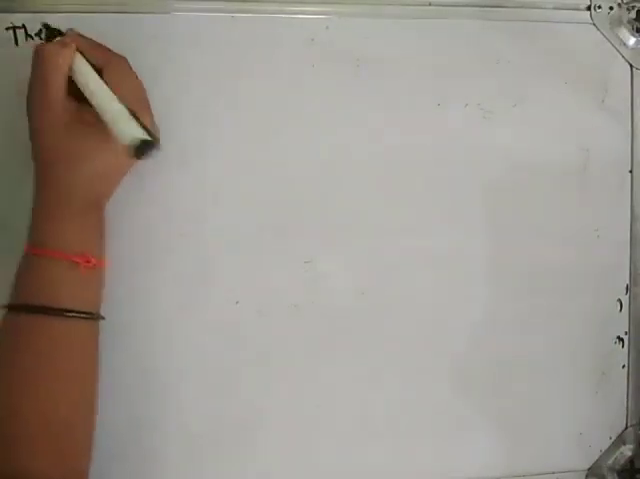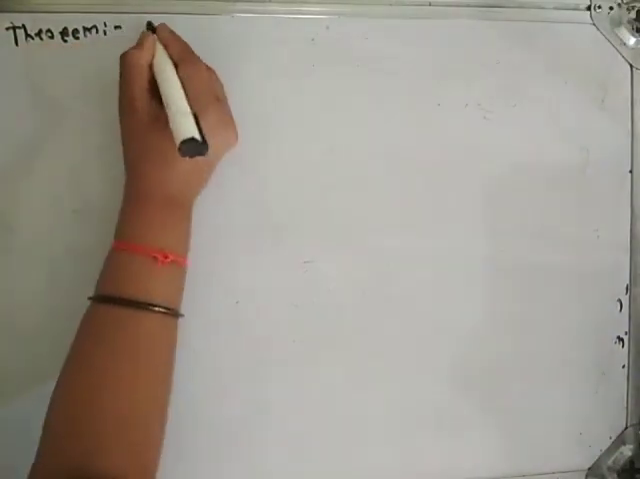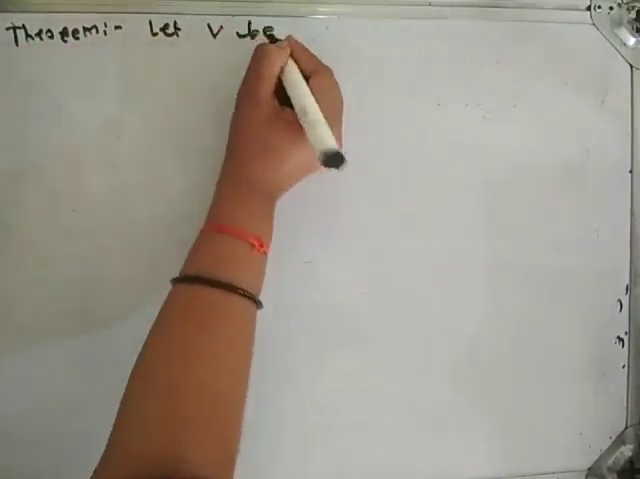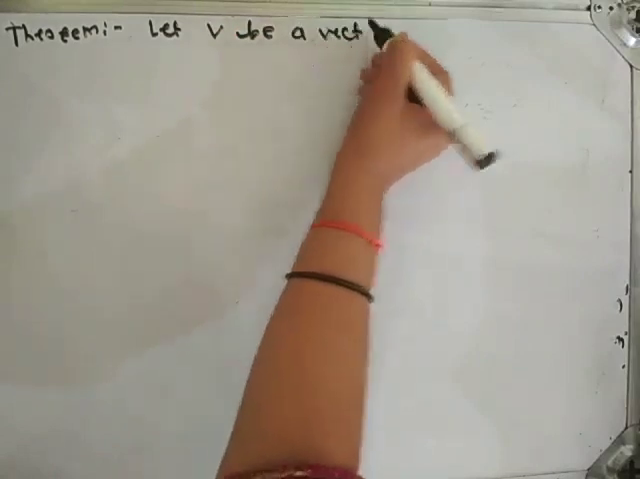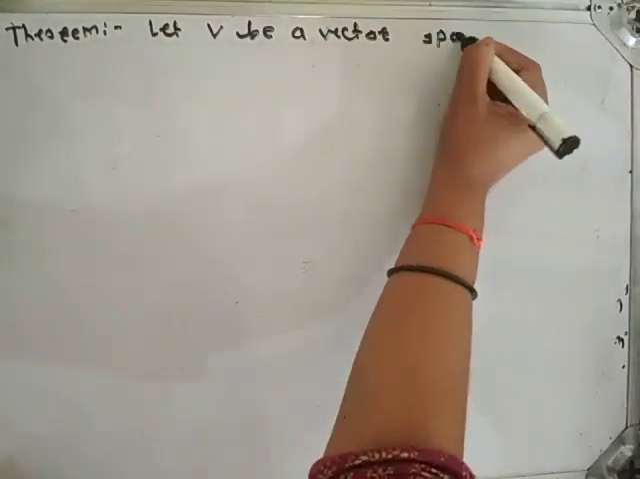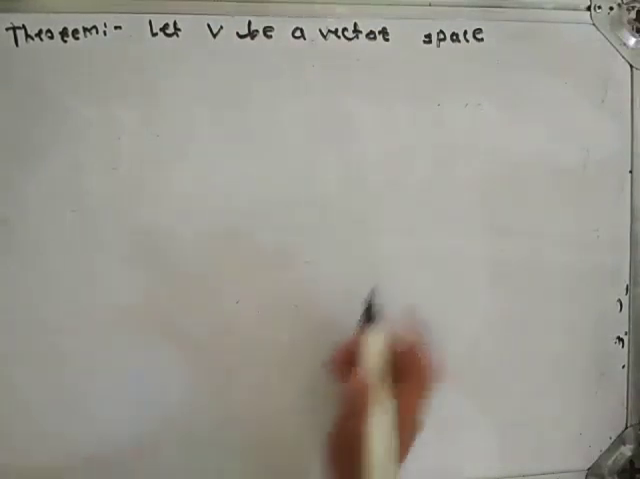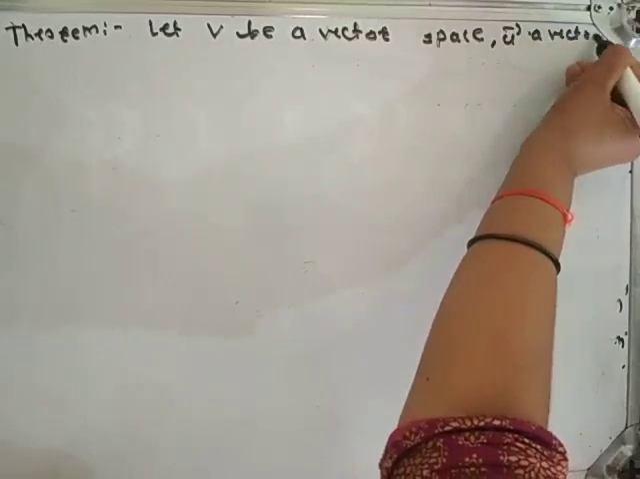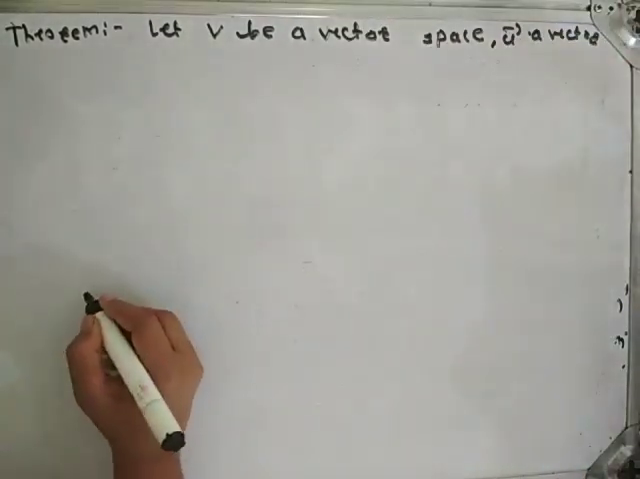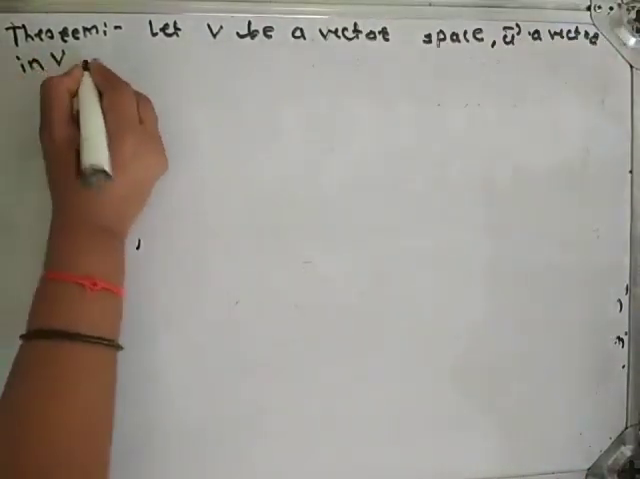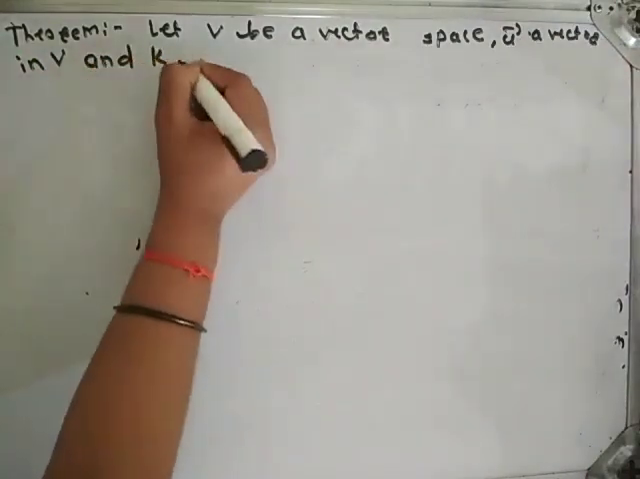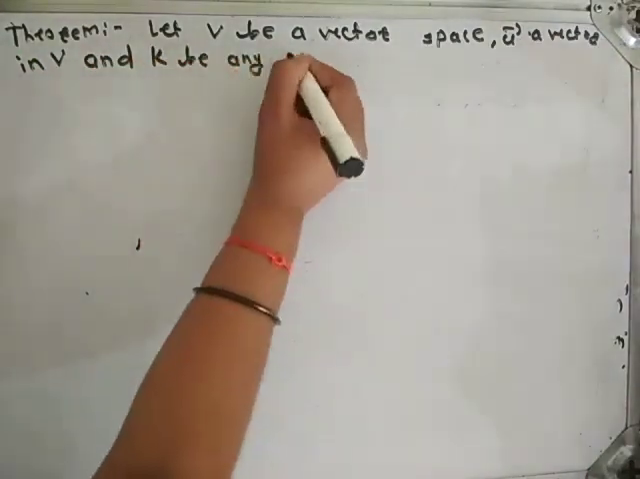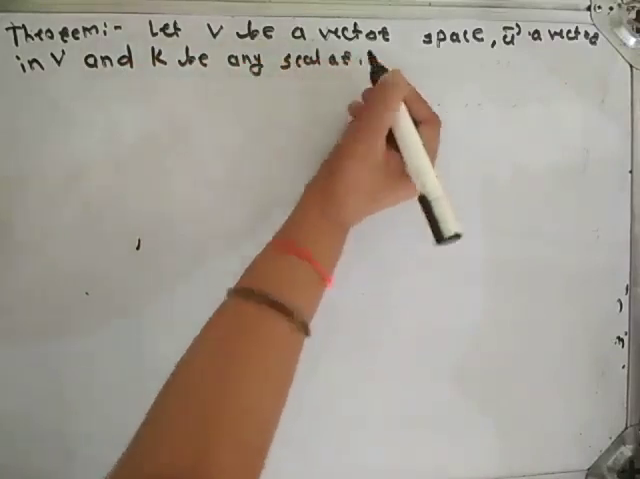Now let us see the next theorem. The next theorem is: let V be a vector space, let u bar be a vector, or object, or element in V, and k be any scalar, then